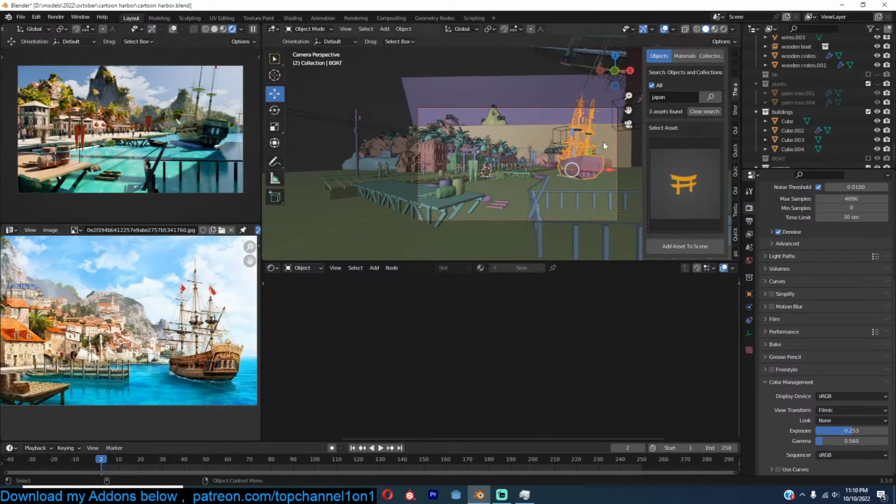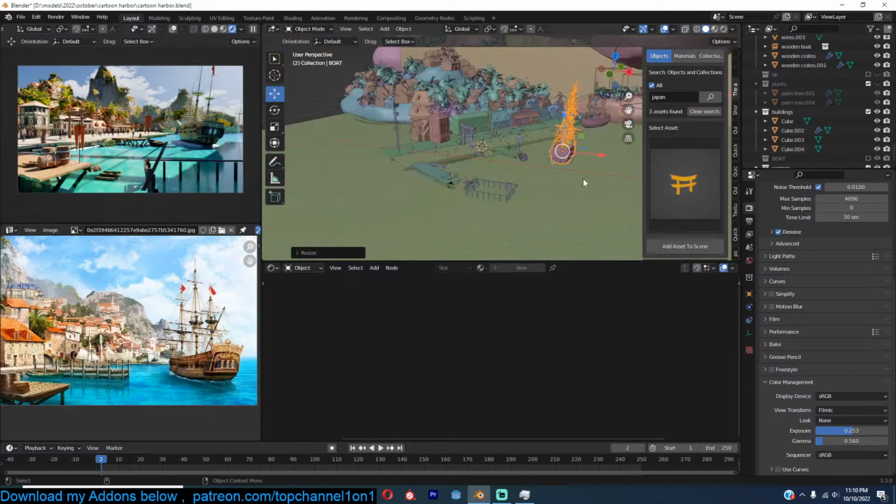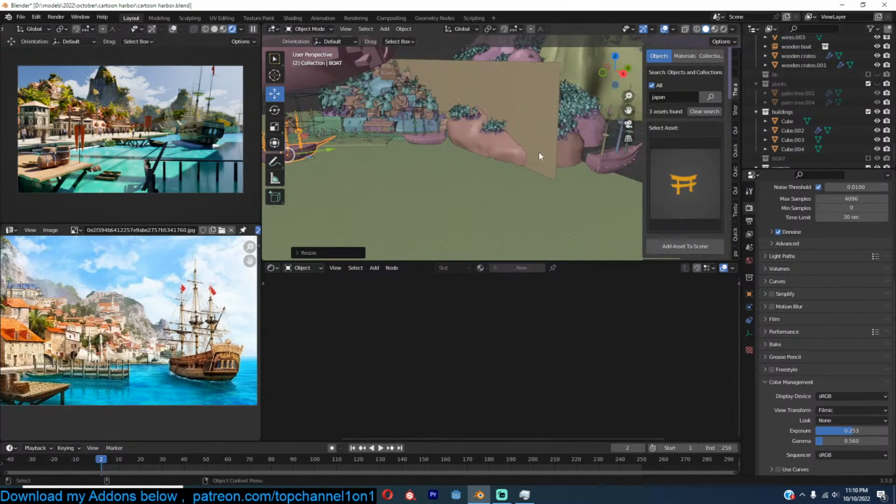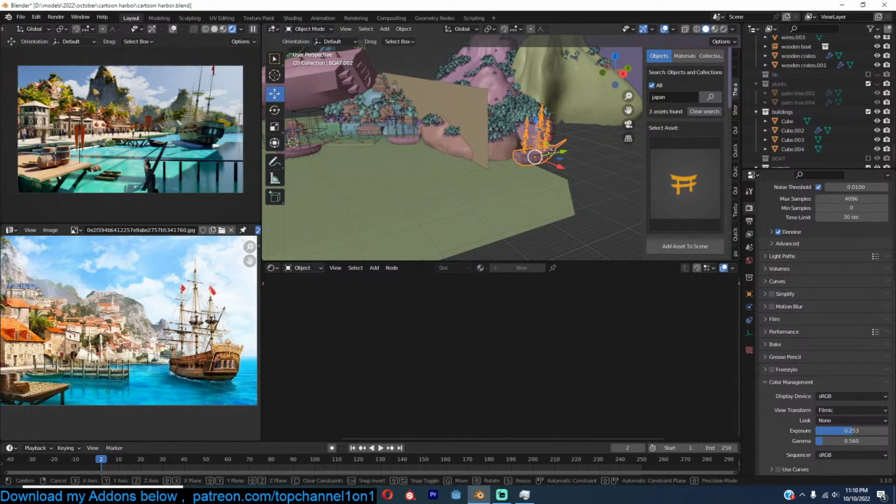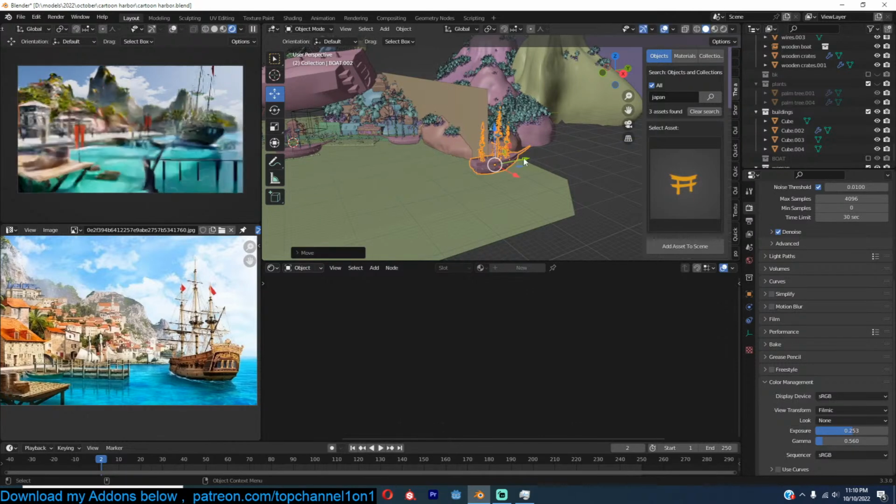Oh, maybe make the sheep a bit smaller so we can see the sheep that we have at the back here. Maybe bring that